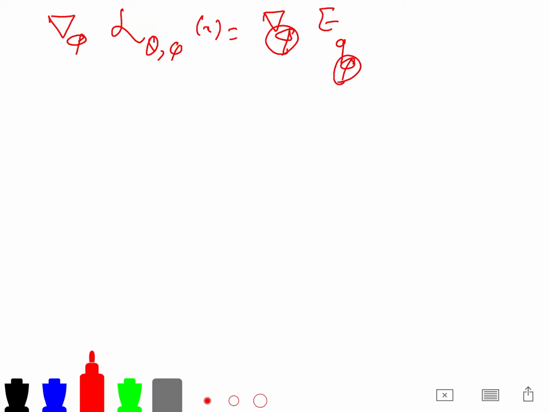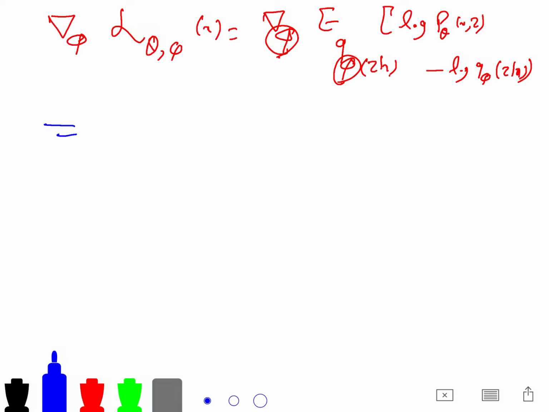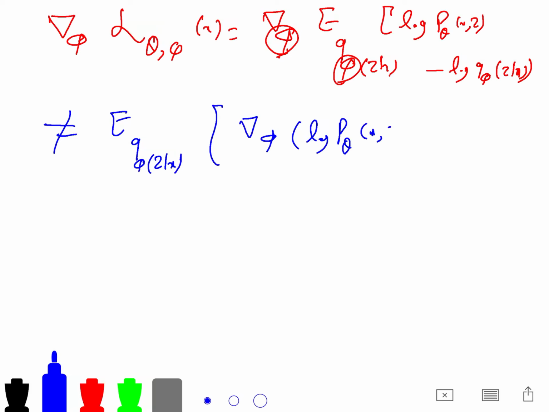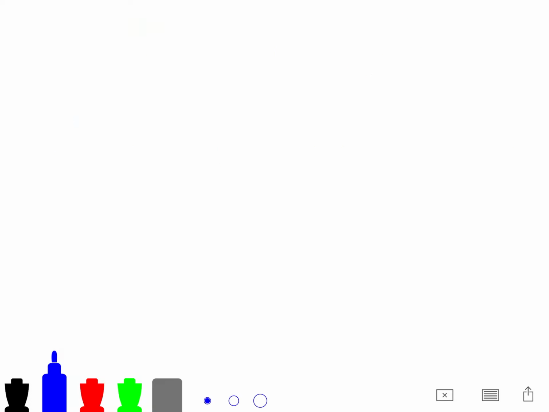This one is hard because phi is the same as here, so we cannot just use simple substitution of log p theta of x and z minus log q phi of z given x. So this one is not equal to the expectation over q phi of z given x of the gradient with respect to phi of log p theta of x and z minus log q phi of z given x. So what should we do? Instead, we use the